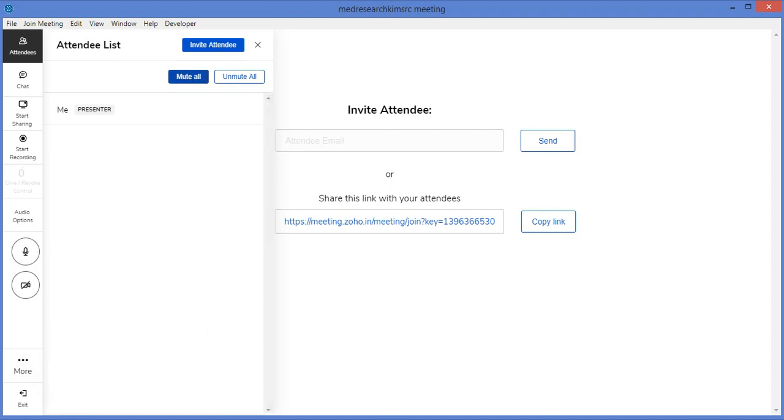You can unmute all options. Mute all means you can mute the sound for all the students who have been participating in this list. Unmute means it can unmute all the microphones of the participants who are there in this class. So if you mute all, nobody will be able to talk, but students can still activate their microphone at their other end.